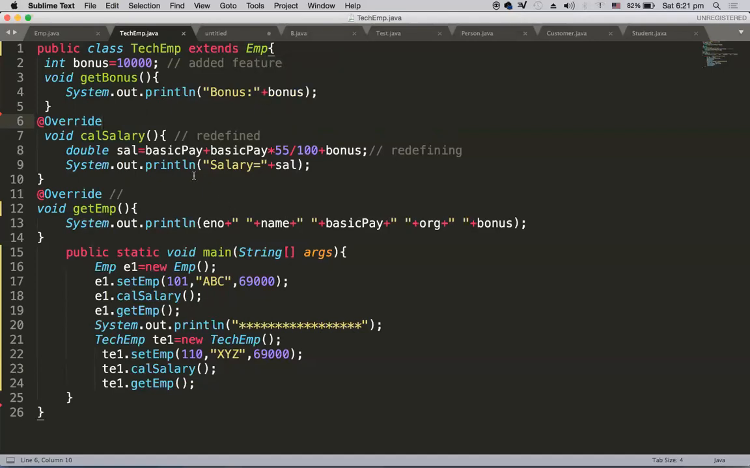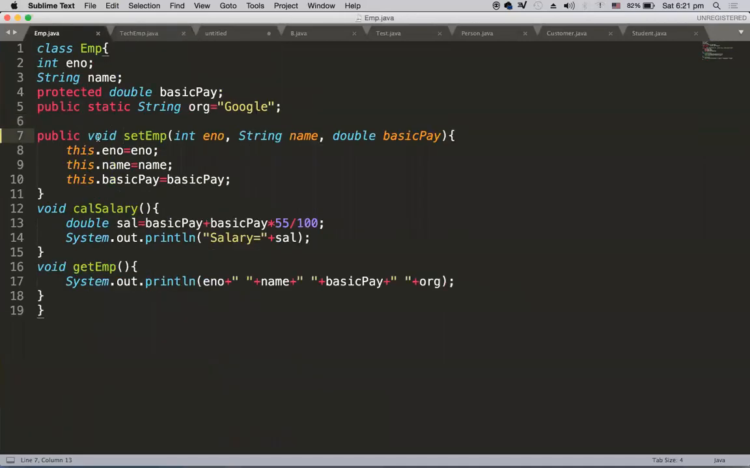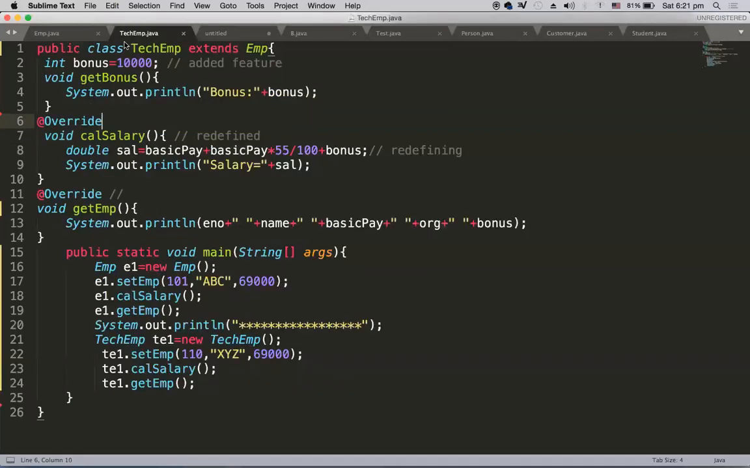Okay, so this way overriding will happen. So out of the 3 methods which are inherited, 2 methods have been overridden, and 1 method, that is set employee, was straight away taken, and child has its own method called get bonus. Okay, so now let's execute this. Let's make this tech employee as executable class. Execute this, understand the difference